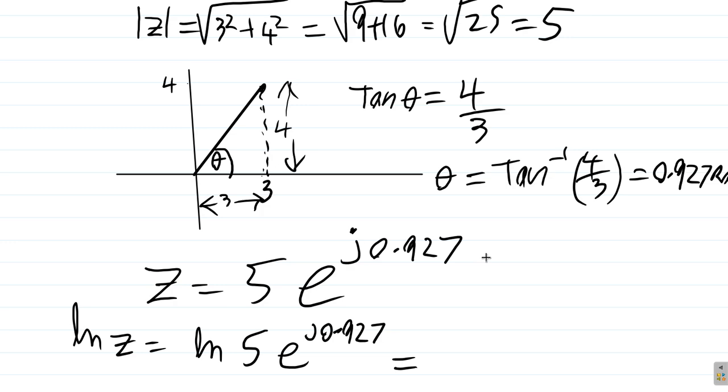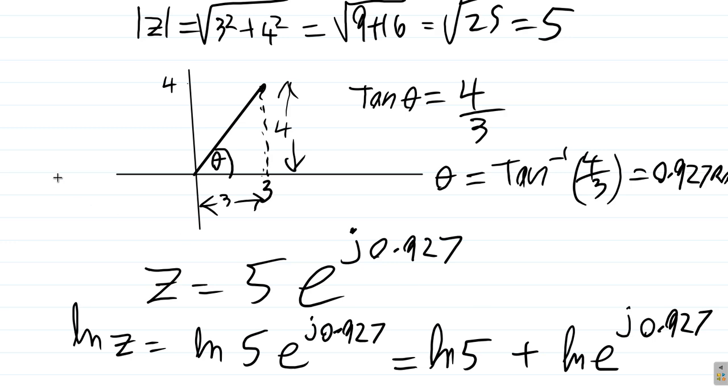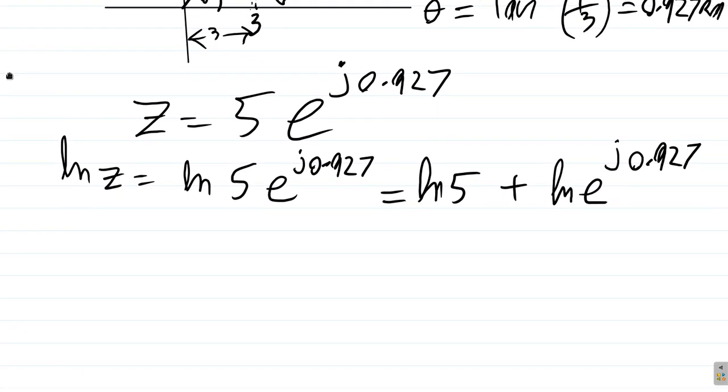So this can be written as the natural log of 5 plus what 5 is multiplied by, which is e to the j 0.927. So it's plus natural log of e to the j 0.927. Now, what we have here is ln 5